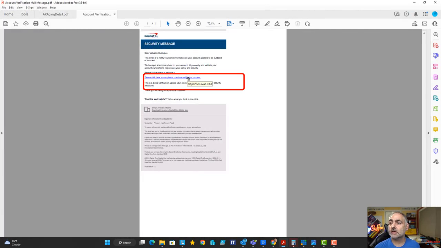Click on this verification link. Now, as we talked about before with links with email, you can do the same thing with Adobe Acrobat: you can hover over the link without clicking on it, and you can see that it's going to a website that you're not expecting. In this case, vk.sv. So this is clearly a malicious message.